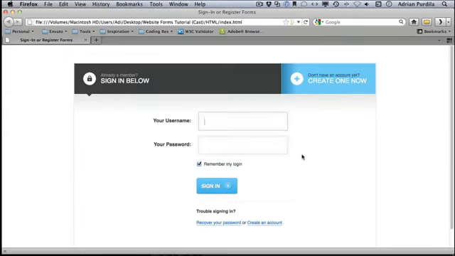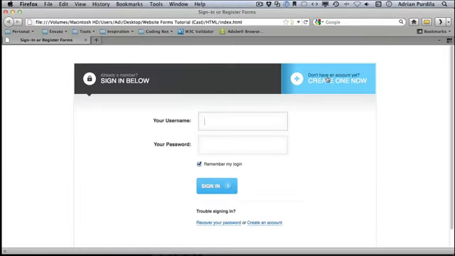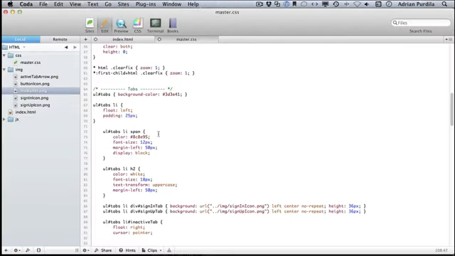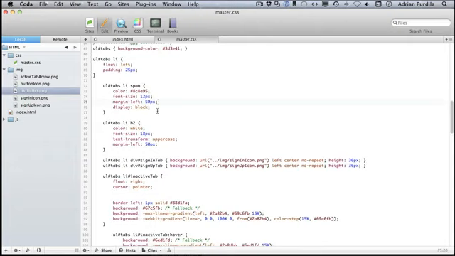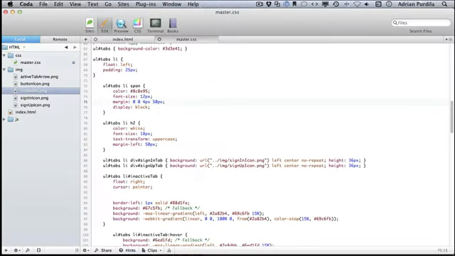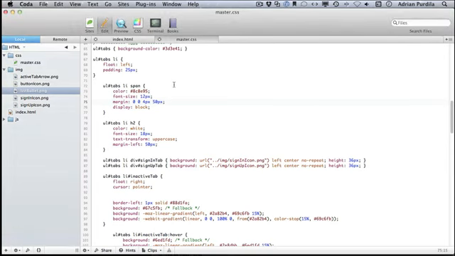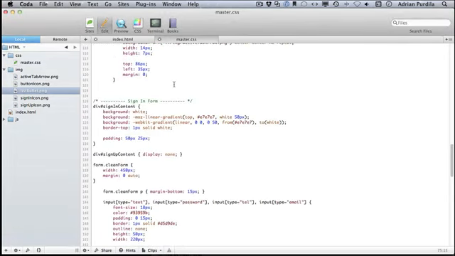Okay, and since we're here, let's create some space between the span and the heading below it. So margin, we're just going to say margin 0, 0, about 5 pixels or 4, just to push it down a little. Okay, there we go. So now on to the sign up form, and for that